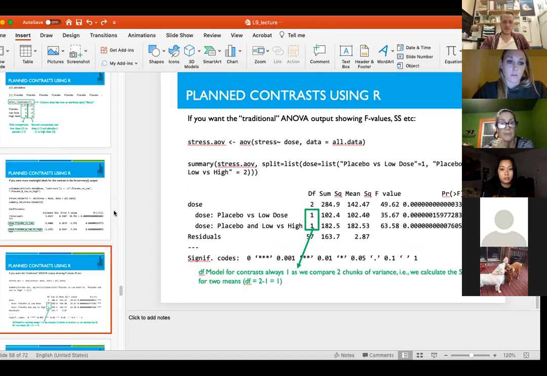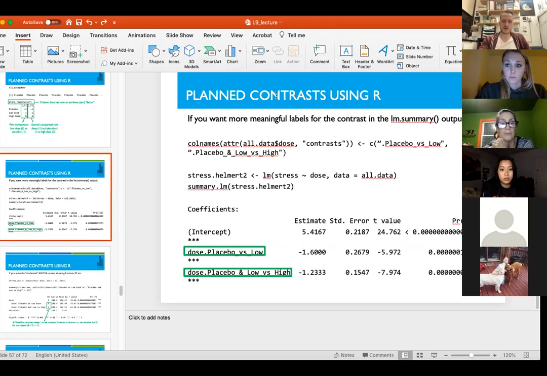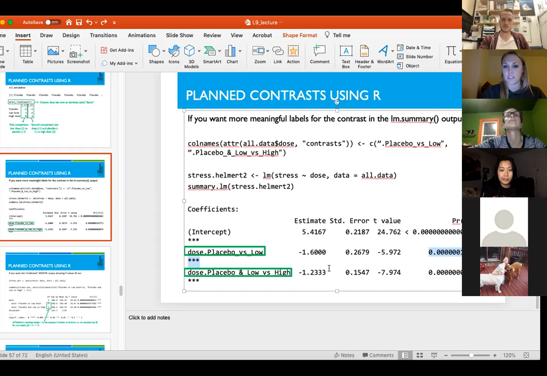Aren't those p-values pretty extreme? Yes, these are very, very small. Yes, they are, but it's because the data is made up, and I made it. I think I did this last year, but I'm pretty sure I made this data up to be different, even with a small n. So if you have a huge effect, then you're going to have a really, really small p-value, because I made it have very large